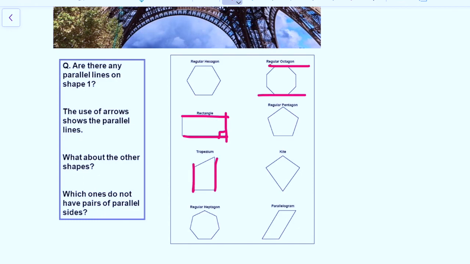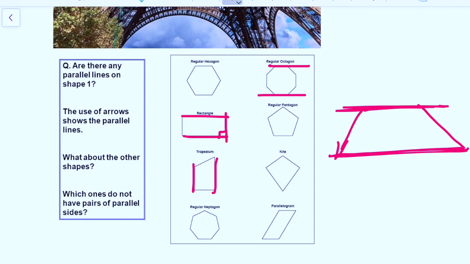A trapezoid has only one pair of parallel sides. In this case, they are perpendicular, but not all trapezoids have perpendicular sides, though all trapezoids have one pair of parallel sides. Whereas a parallelogram has two pairs of parallel sides, one going this way, and one going this way. I hope you learned something from this lesson and enjoy, and we'll